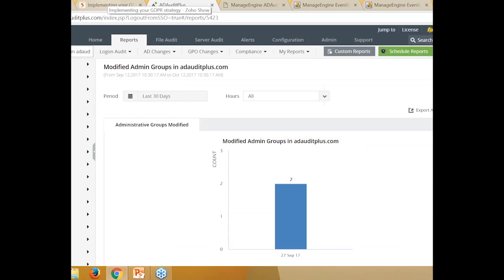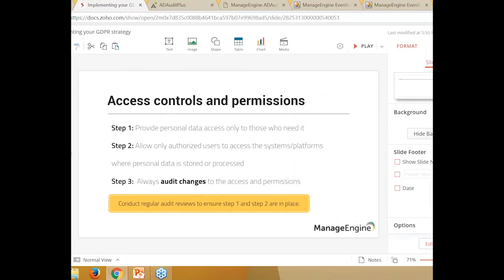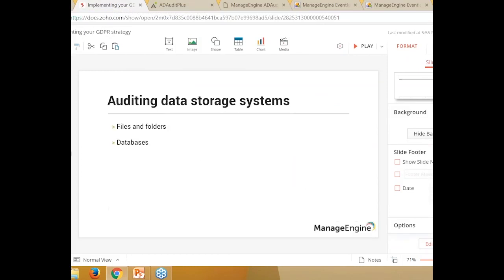So that was a little bit of an idea as to what you could do from your Windows Server and Active Directory infrastructure point of view. Now, apart from the access controls and permissions, you also got to audit your data storage systems themselves. So typically, you're going to have files and folders, and you're going to have databases. Now, these could store data that is confidential to your business, and more importantly, it could store customer sensitive information. And when we talk about data security, obviously securing our files and folders and databases is going to be